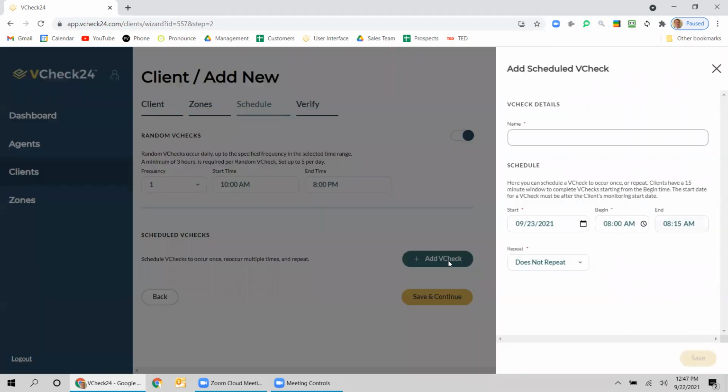You can create scheduled VChecks. So the example I'm going to use is, let's say you want them to perform a check-in at their lunch break on days they're supposed to be at work. So you name it this scheduled VCheck, whatever you'd like. I'm just going to call it John's work. Set a start date. And I'm going to have John do a check-in at